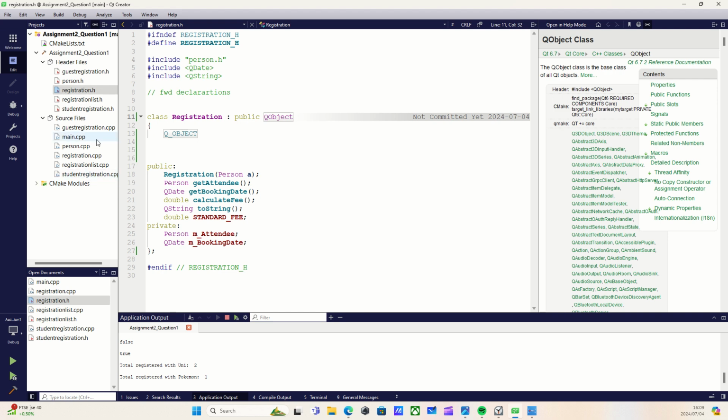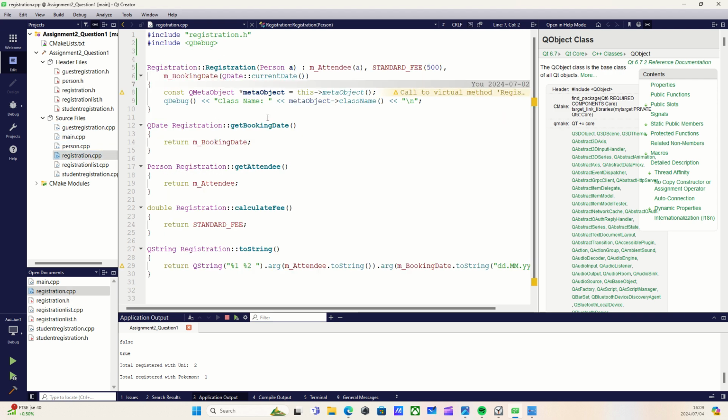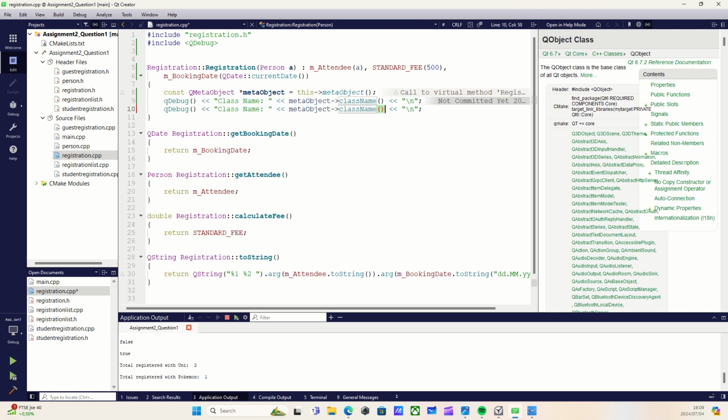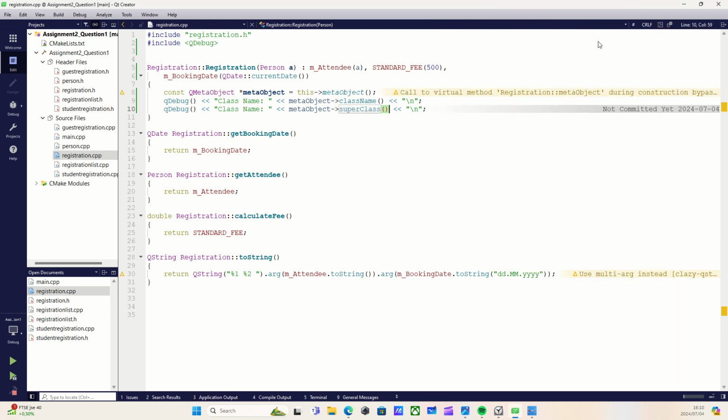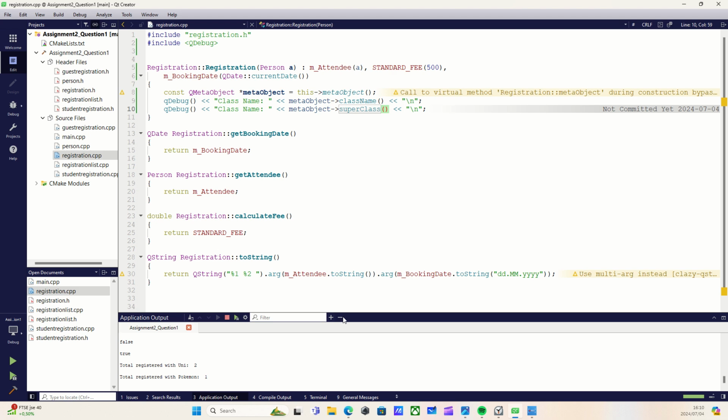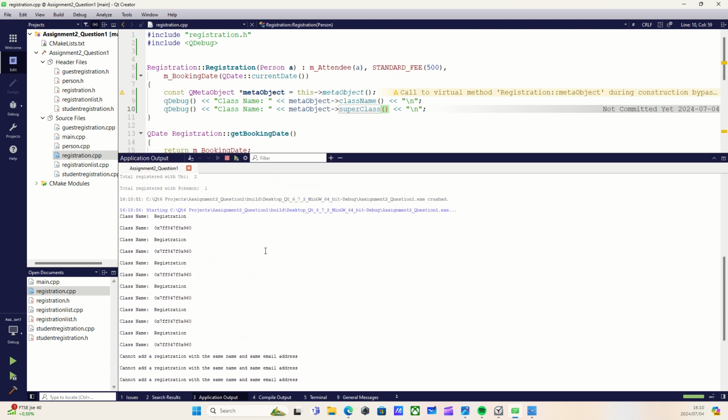I think so. So let me go back here and go into registration and just do this. Should be able to find a few more. Superclass, right? I should get that. And if I do Control B, and Control R, we get all these class names that just refer to some memory location. So if I do this,